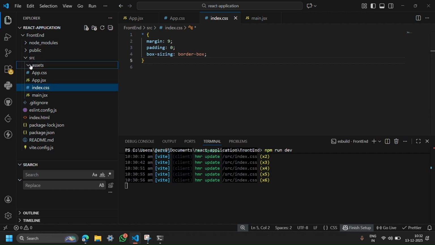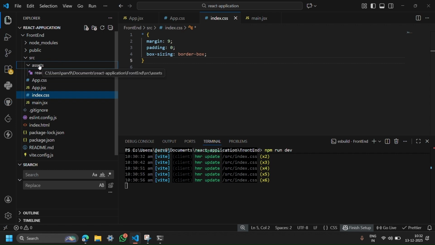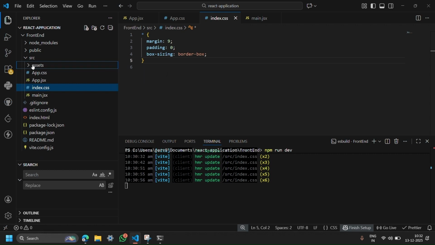We see the source folder, which also contains assets. This is where files or images you want to present on your UI are located. We will see how to access every image from the assets folder. You can also see .gitignore, which is used to ignore certain files when you upload your code to your GitHub account. Other files include the readme file,